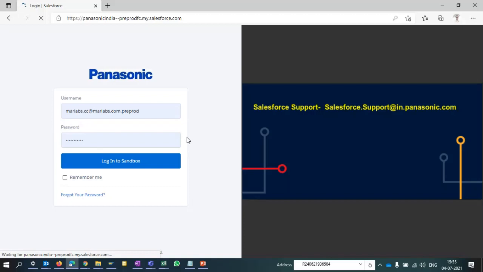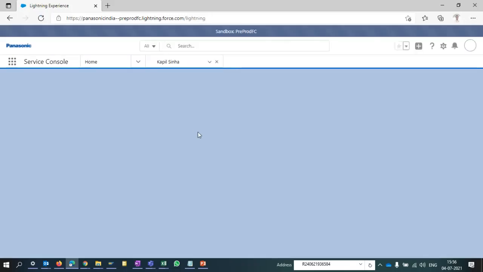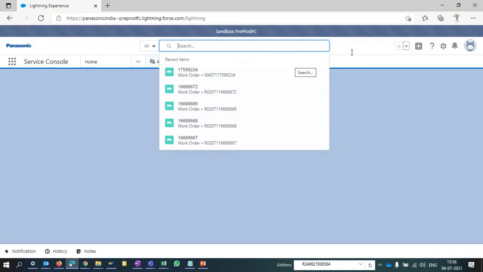I'm logging into the system as a call center. Now again, the same process I have to do: search the contact and create a job.